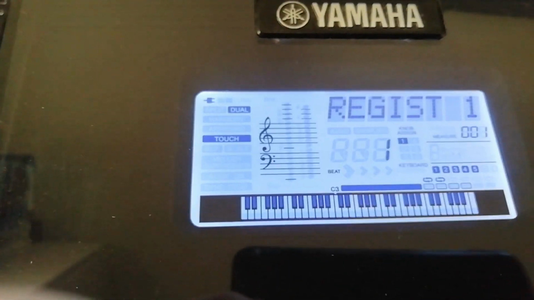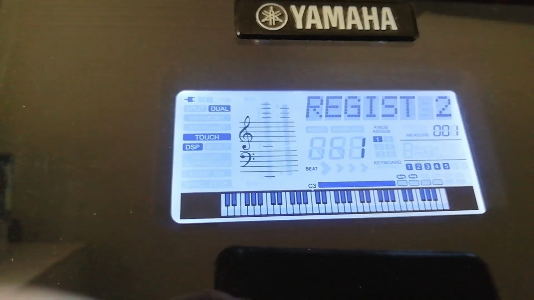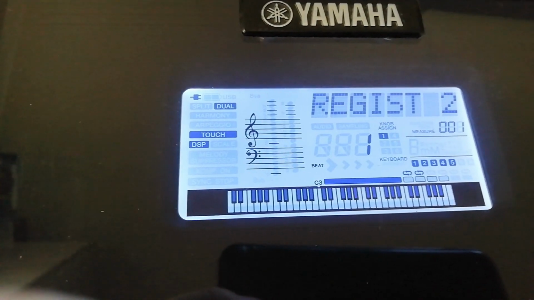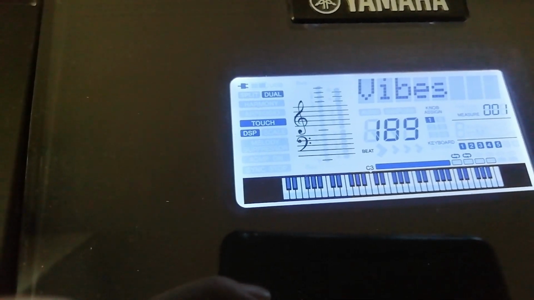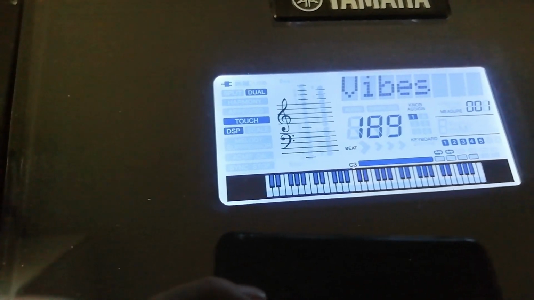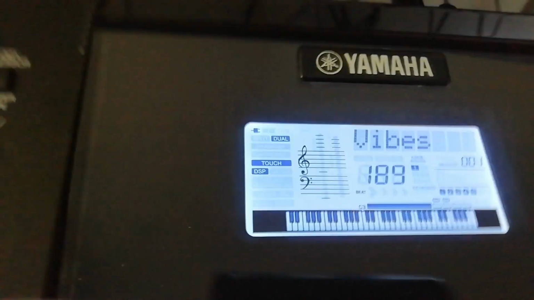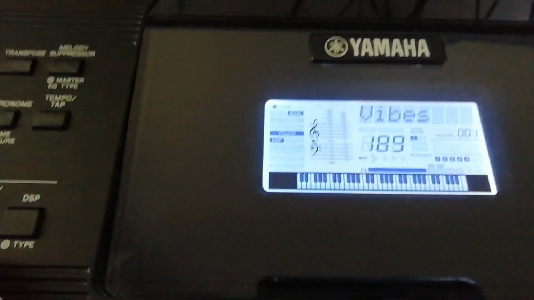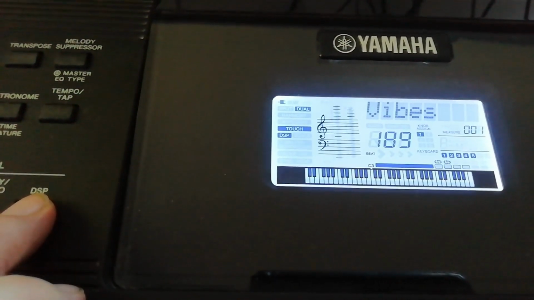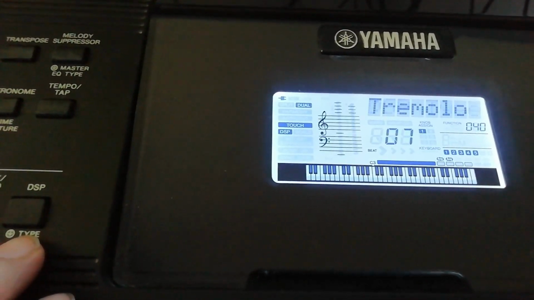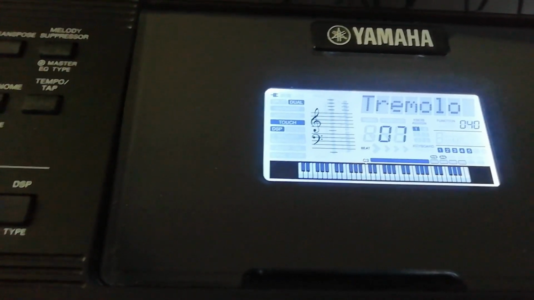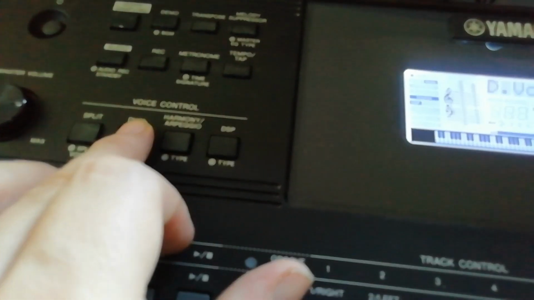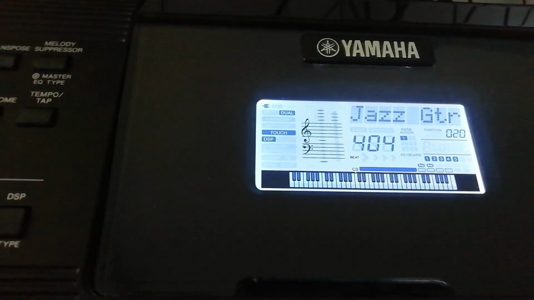And also for each instrument, the settings are stored, such as whether dual is activated or DSP is activated. For instance, that is now position 2. So the second instrument I created has dual activated, so a second voice, and DSP activated. So let me have a look at what that is. The DSP type is set to tremolo, and the second voice is set to jazz guitar.